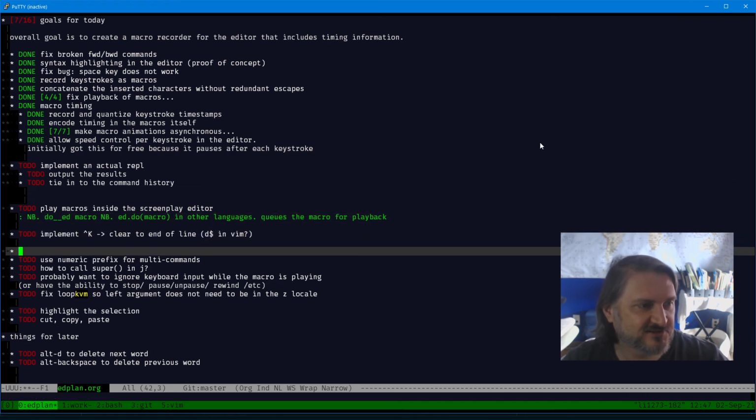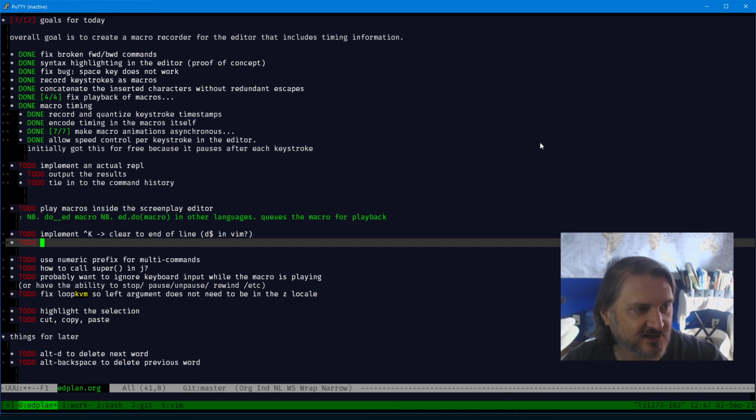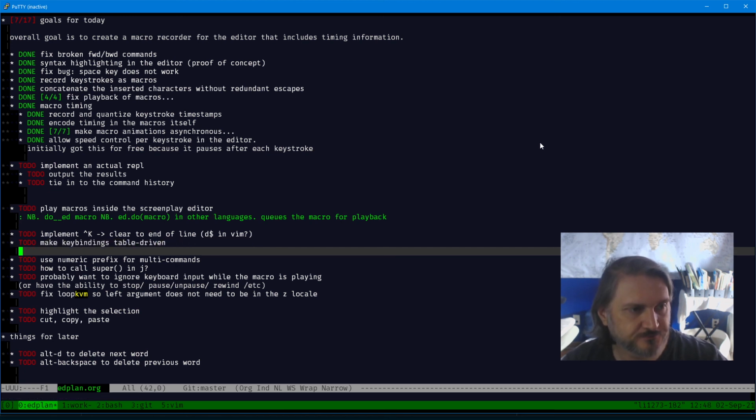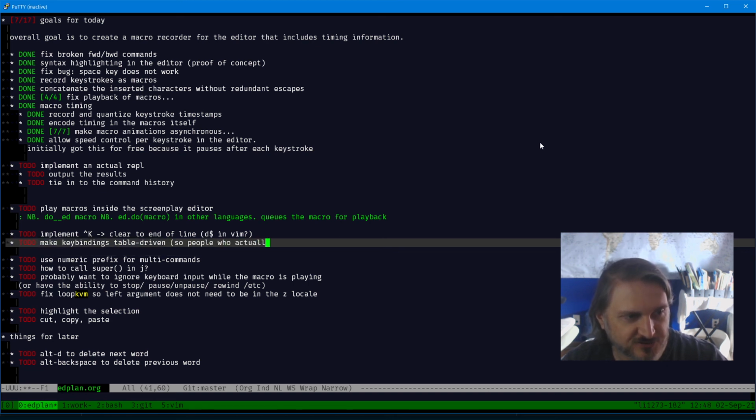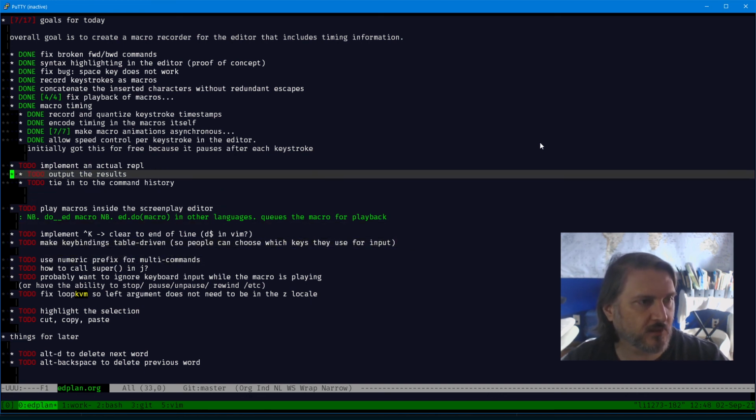And probably just so I track it, the intent is to at some point decouple keyboard bindings, or make key bindings table driven. So people can choose which keys they use for the REPL, for input. But that is not going to be something I do today. All right, so I do have